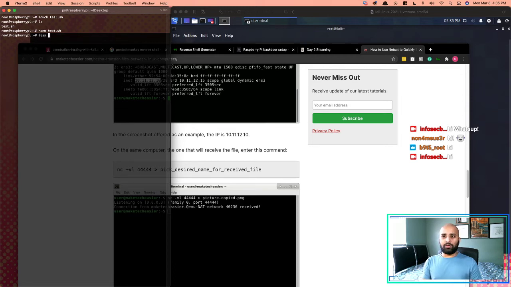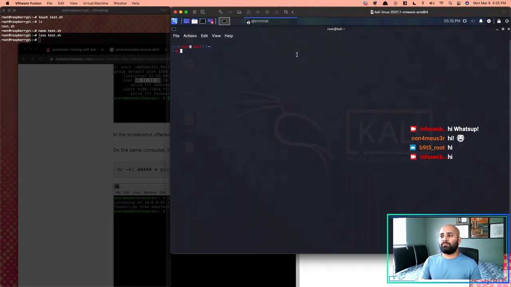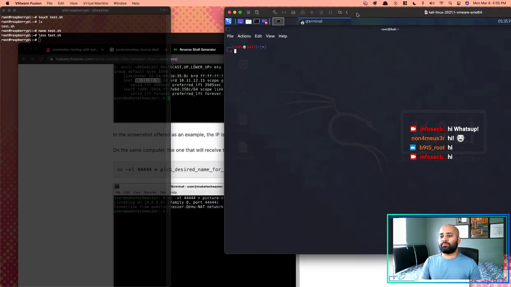Now if you want to check what is in the system, we do less test.sh. Hi, this is a test file from Raspberry Pi machine. Press Q to exit. We know that this is the file we want to transfer to our Linux machine. But how do we do that? Well, you want to first host it on your network, which is through Netcat, on a port. Netcat only works through a port. Through a port, you can bind an application or a file, which anybody accessing that port will be transferred. So I say netcat